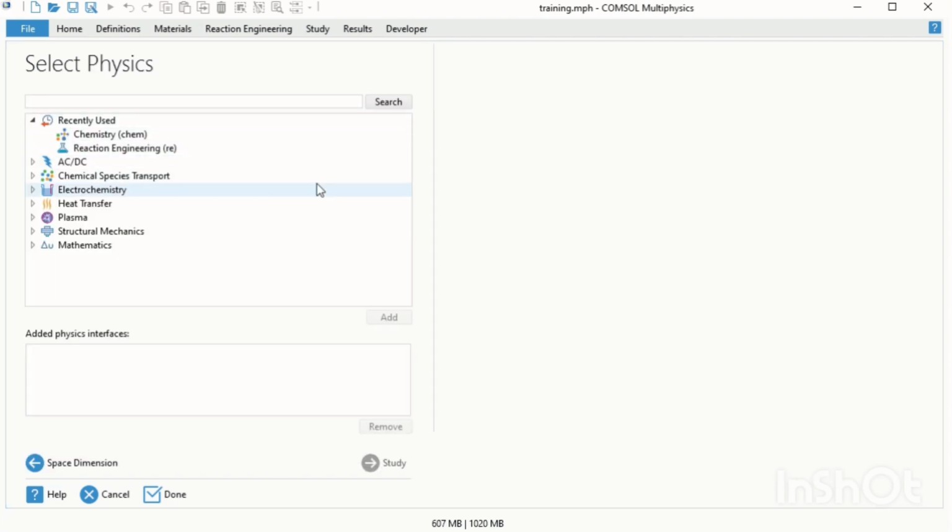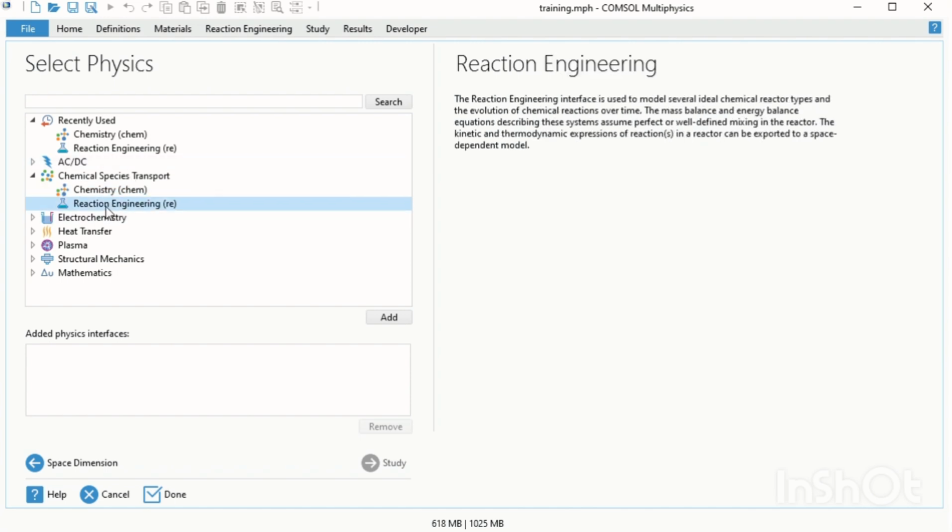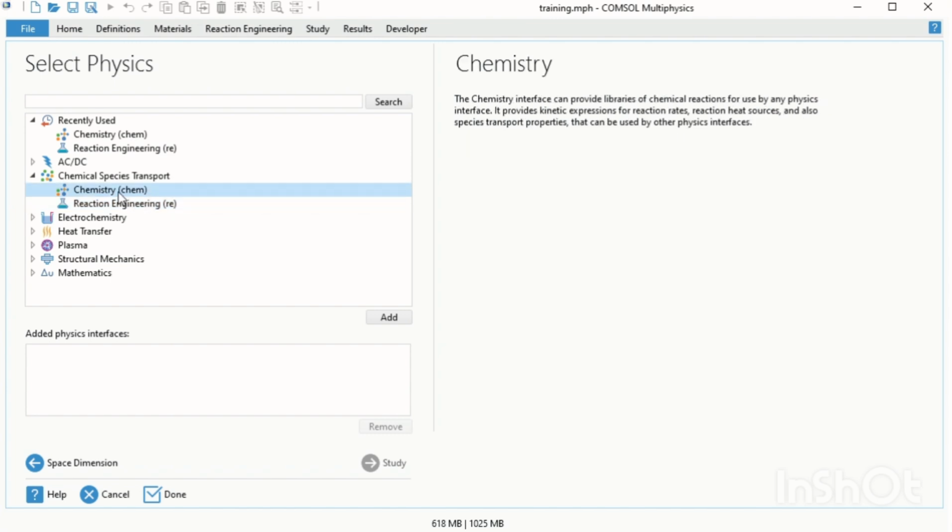Yes. Next page. In the next page, we are able to choose the physics interface provided in Comsol software. For chemical reaction, we have two options: chemistry and reaction engineering. The reaction engineering interface is used to model several reactors over time. However, in chemistry, you are able to access